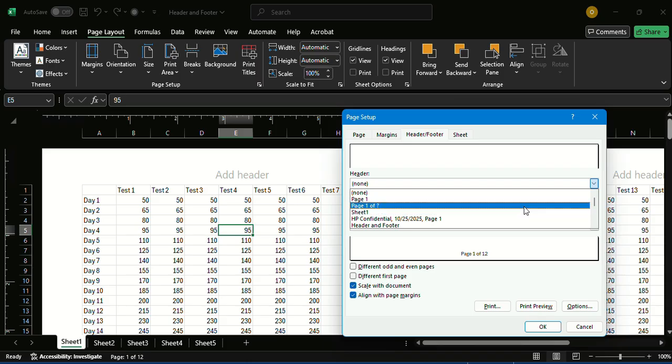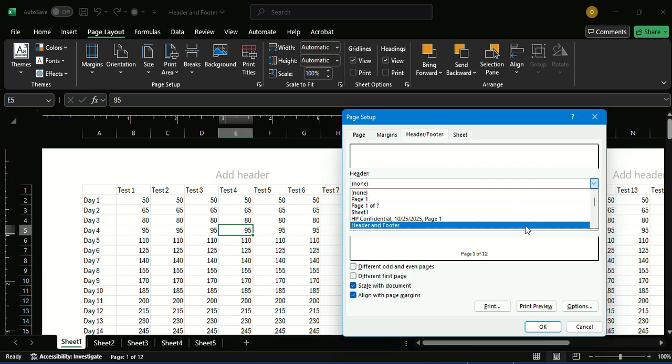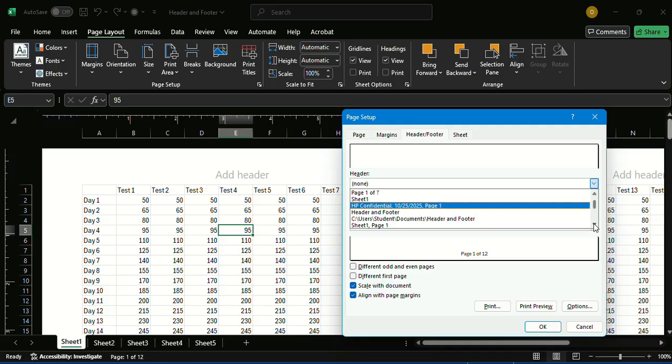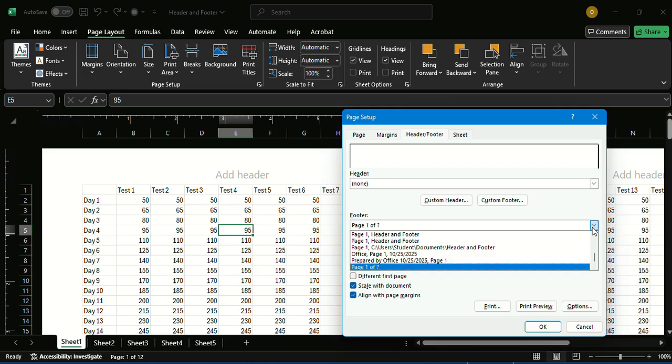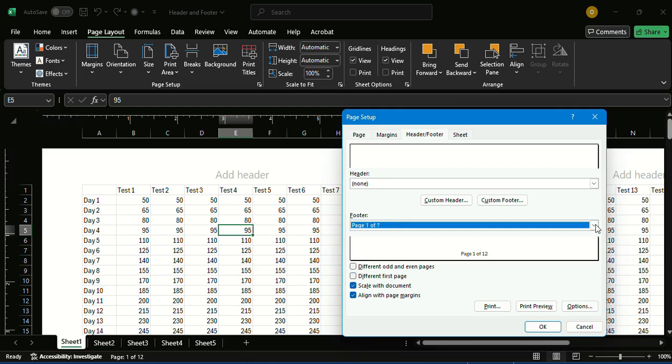There are some predefined headers and footers here to choose from. The list is there for header, or I could decide to go to footer. So you can choose from the predefined header or footer, or I could decide to create a custom